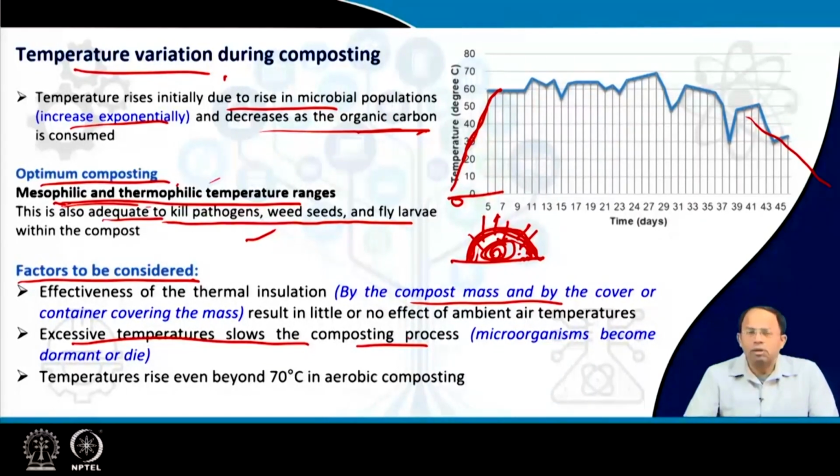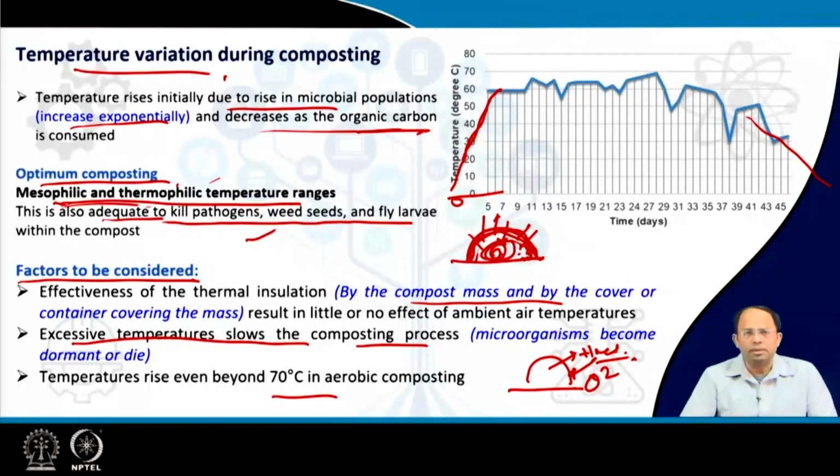So we have to design the entire compost mound in such a way that the temperature stays somewhere below 60 to 65 degrees, not more than that. Sometimes it reaches more than 70 degrees in anaerobic composting, but it should not be continuous. In that case, you have to turn the compost and break it, which also releases heat. So the turning mechanism not only allows air to come in, but also breaks the compost so that the heat is dissipated. The turning mechanism helps in both ways.